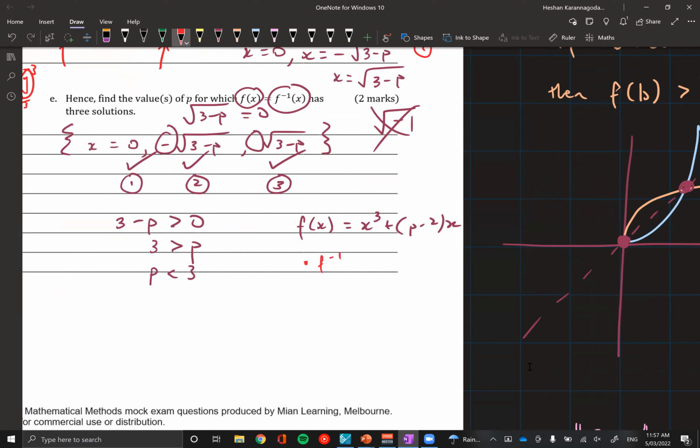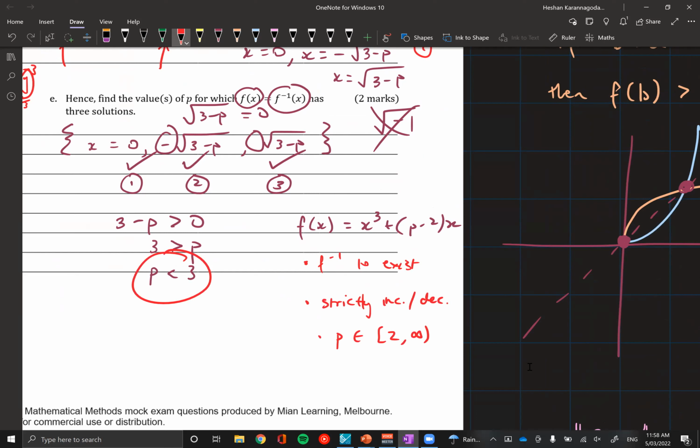We want f inverse to exist. And if f inverse exists, we want it to be strictly increasing or decreasing. And what happens when it's strictly increasing for this function was when p was an element of 2 to infinity. Okay. So we could see that for the previous set of p values that we found in this question,